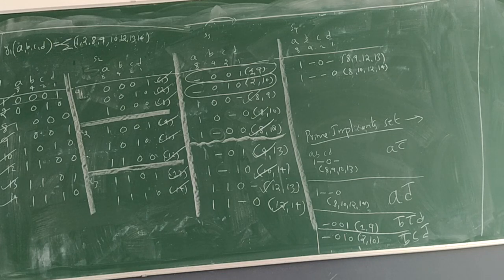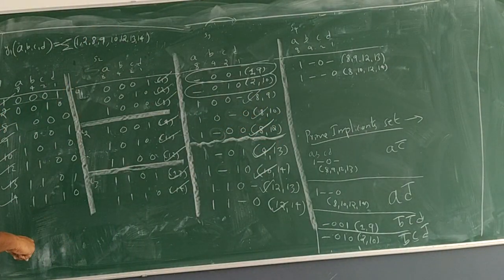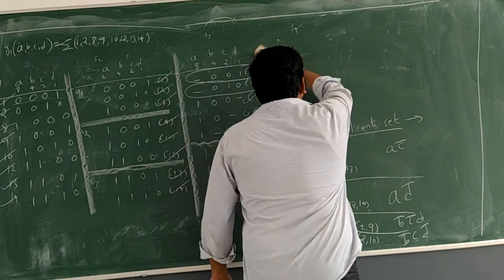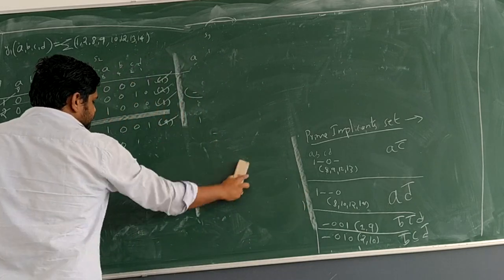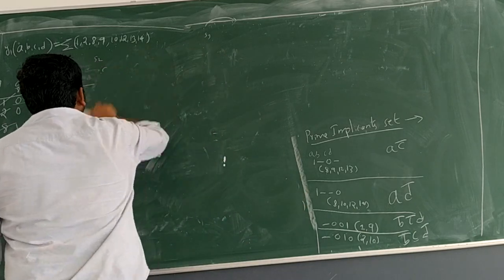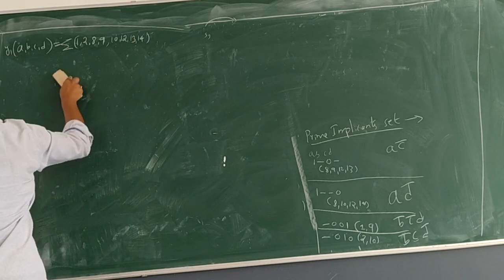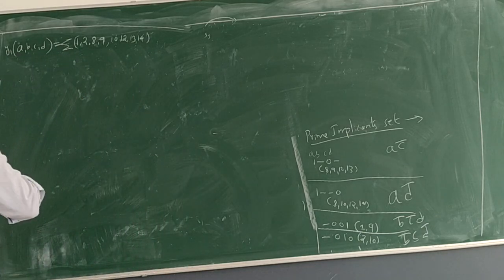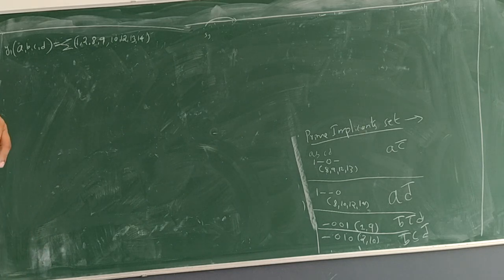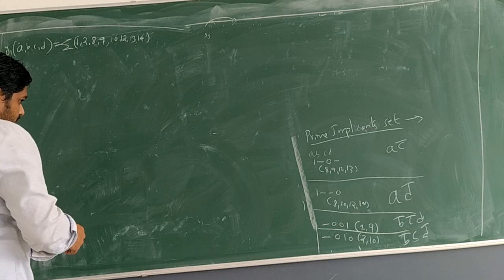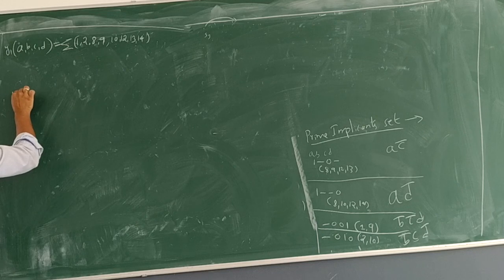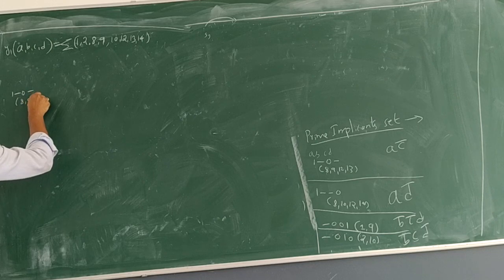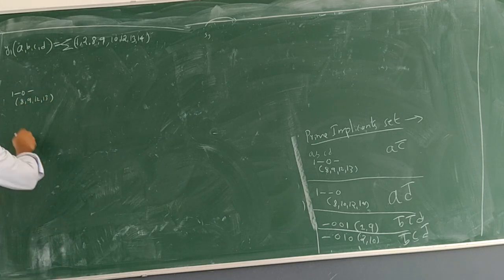Okay, so now I will clear this screen for the next step of the problem, that is the table filling method to find essential prime implicants. We have prime implicants. We have to identify what are essential and what are optional from the 4 terms. What are the terms we have got there? 1 hyphen 0 hyphen, the group name is 8, 9, 12, 13. That is 1 row.